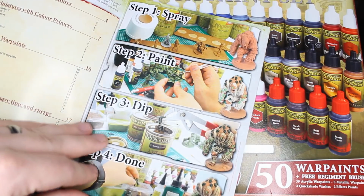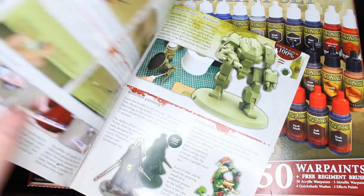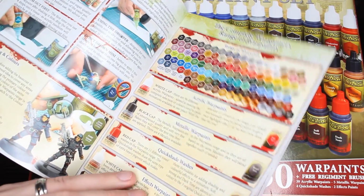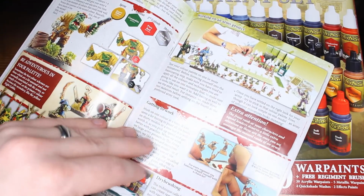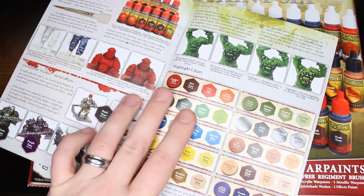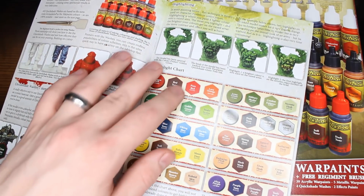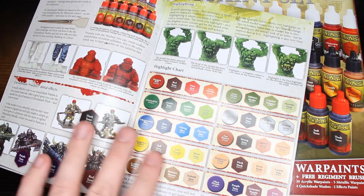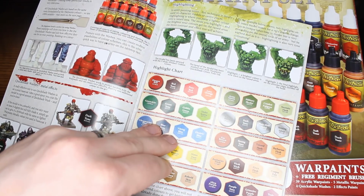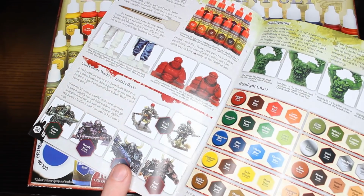If you've watched my Rising Sun review of their Rising Sun set, then you will see that I quite like this. So this has some fantastic stuff: base coating, shading, dry brushing, prepping, priming, a highlighting chart. This is kind of cool, where they give you the color, then the shade you would use, and then the wash you would use, and then an intermediate, and then a highlight, like an edge highlight as well. And it talks about how you can mix and match if you want,